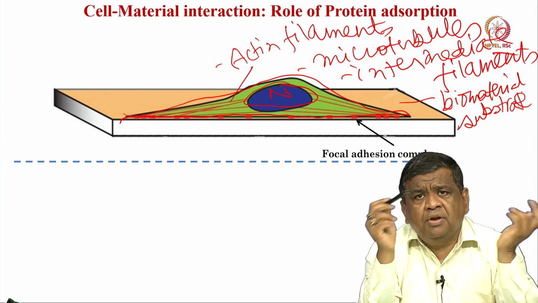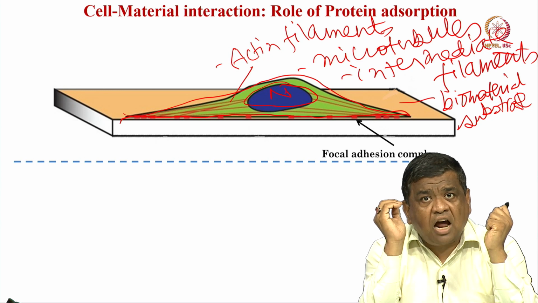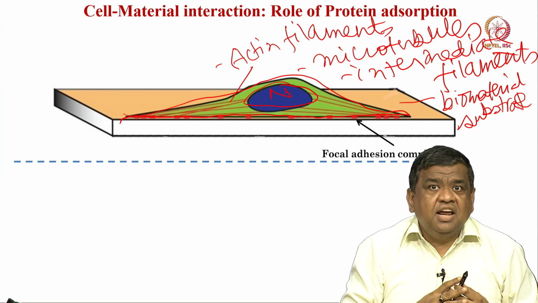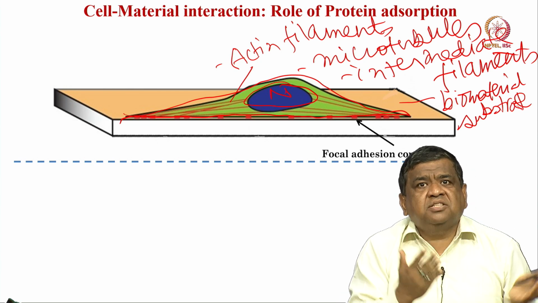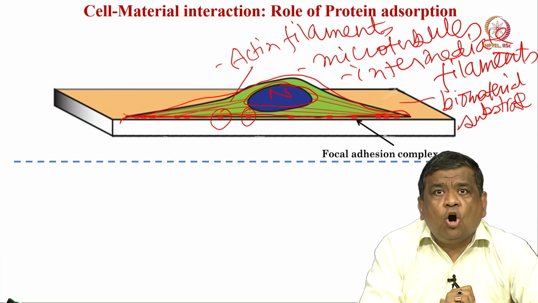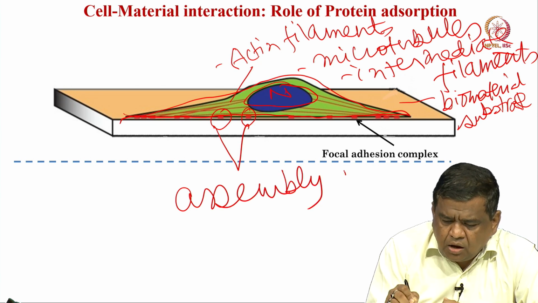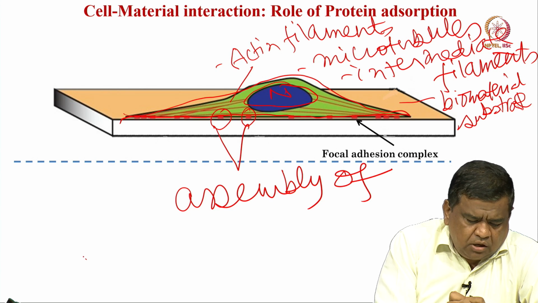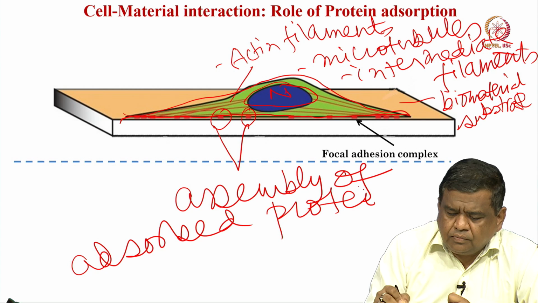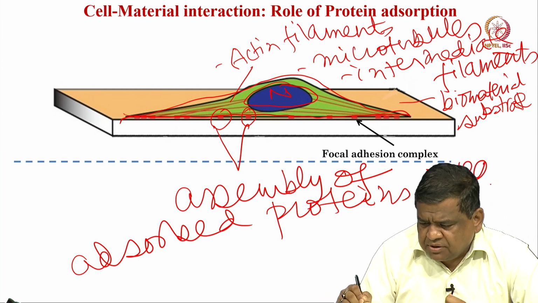That is the synthetic material, which is non-living in nature. So, if you recall earlier lectures, I said that proteins adsorb at the biomaterial surface, and these surface adsorbed proteins essentially establish the interactions with the integrins. You remember the integrins which are present on the cell surfaces. So, these individual red dots are assemblies of adsorbed proteins and integrins or cell surface receptors.